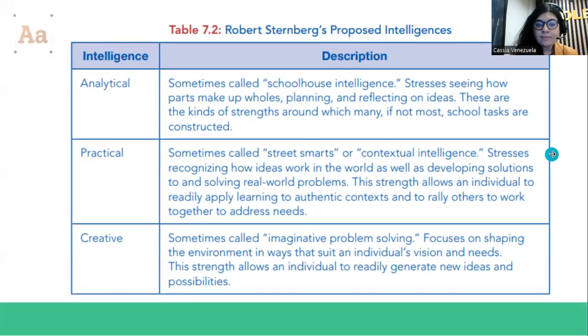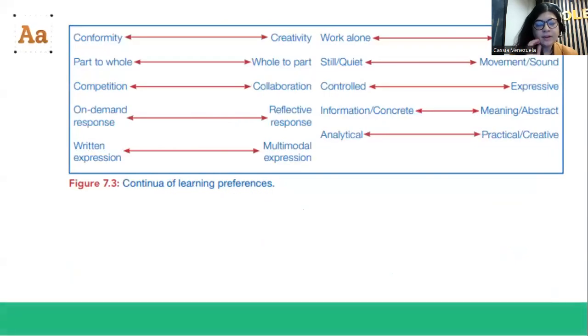But the author, Tomlinson, she also mentions different things that need to be taken into consideration when we are thinking about differentiating in terms of learning preference. So, for example, sometimes it's going to be good focusing on collaboration. Sometimes it might be important to focus on competition. Sometimes it's going to be important to focus on written expression, sometimes multimodal expression, so listening, working with pictures is